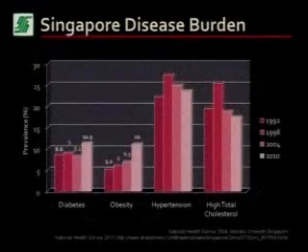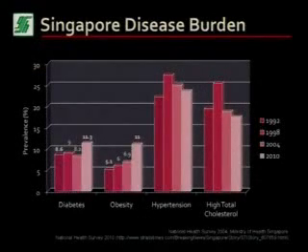So in Singapore, the National Health Survey conducted by the Ministry of Health, which is done on a 6-yearly basis, 1992, 1998, 2004, 2010. So they looked at chronic diseases and they looked at what the disease burden is on Singapore. And in 1992, 8.6% of the adult population in Singapore over the age of 18 actually have diabetes.